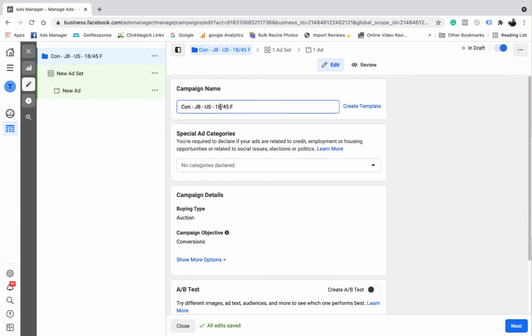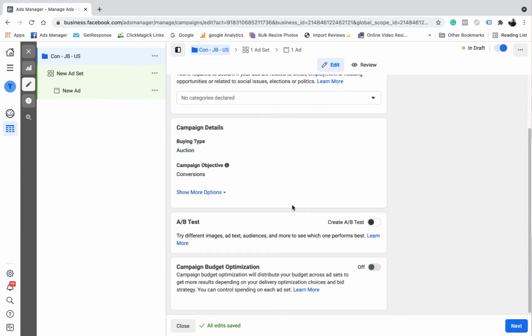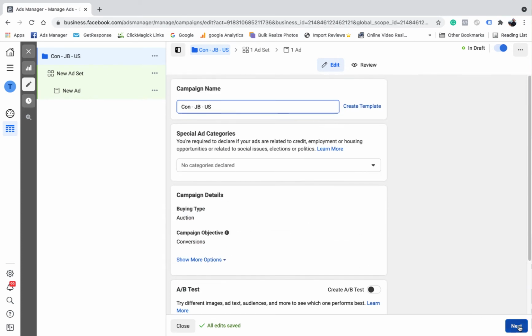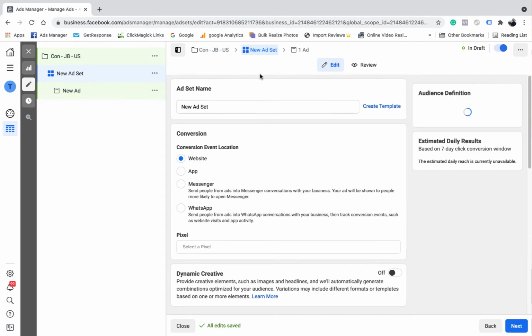I don't do age groups or female male because I just leave those wide open. I go 18 to 65 and I do male and female. I don't shorten that in any way. So pretty much that's what I would leave that as, just con Justin Bieber and US. I'm targeting US. So we would set that up, and then we'd come over to the ad set level, and